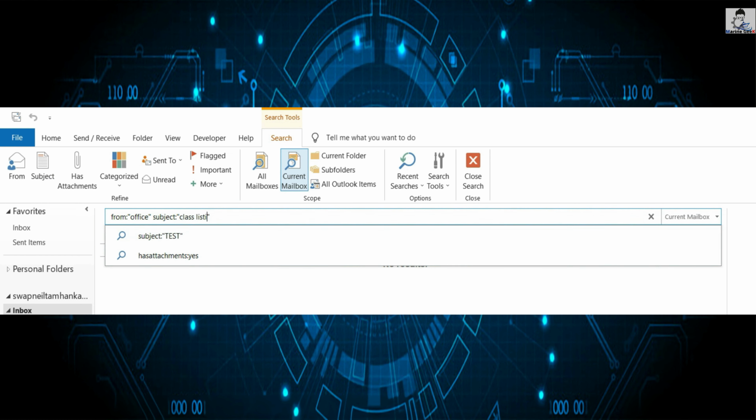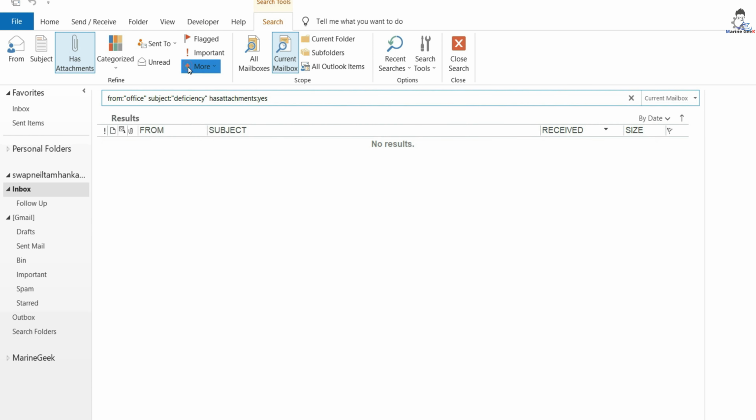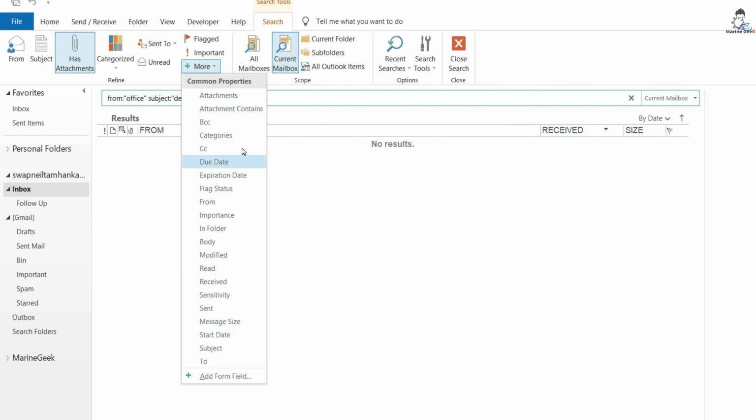Deficiency, or you might have some idea whether it has an attachment or not, whether it was categorized or any category was given to that particular email, whether it was marked as important. And you have lots and lots of properties, whether it has a BCC, blind carbon copy, categories, due date or importance, body, anything you can put in.